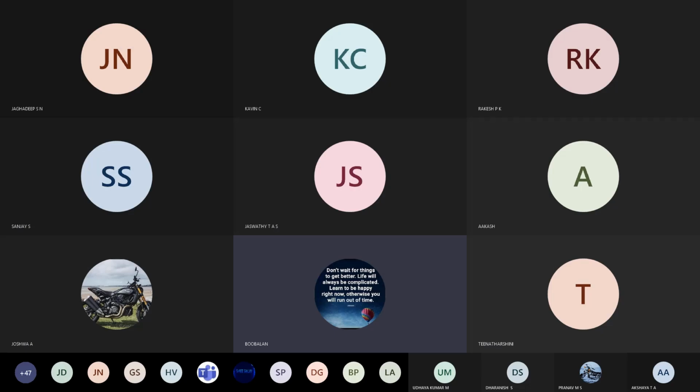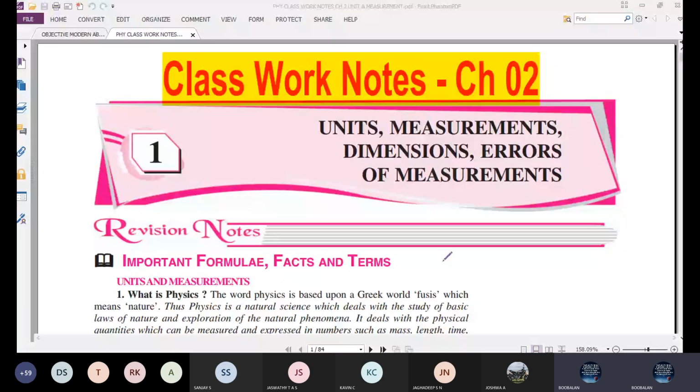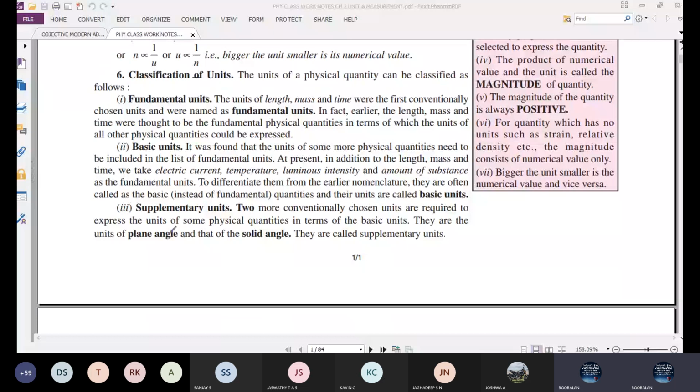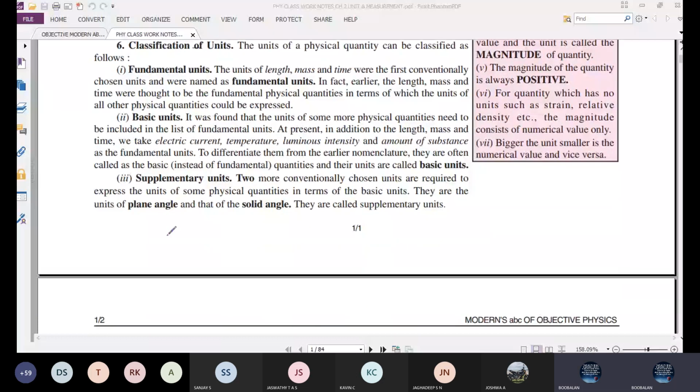You will receive the classwork notes. In these notes, you will get all the study material. Chapter number 2, unit and measurement. What is unit? What is fundamental units? What is base unit? Supplementary units, derived units, system of units,